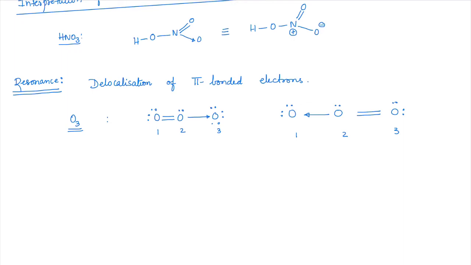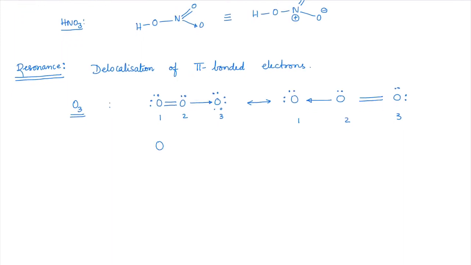So when you can represent a compound in multiple Lewis structures, those multiple Lewis structures are called resonating structures. So these two are two ways of representing Lewis structures, and both of them are resonating structures of each other. Now same if I write in simple bond line structure, I'll write this as O double bond O, single bond O with positive and negative charge. Okay, and O, single bond O and double bond O, with this being positive and this being negative.